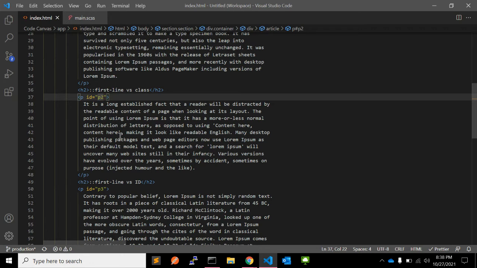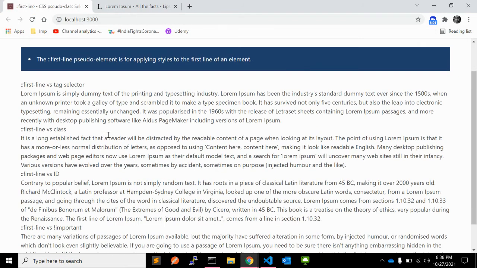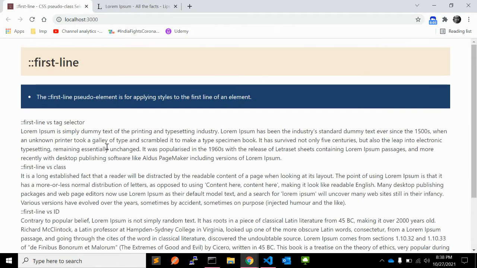It's the default paragraph. So let's see how it looks by default. As you can see, there is no CSS applied. You can see the text, nothing else.